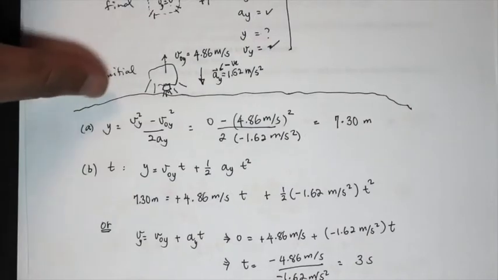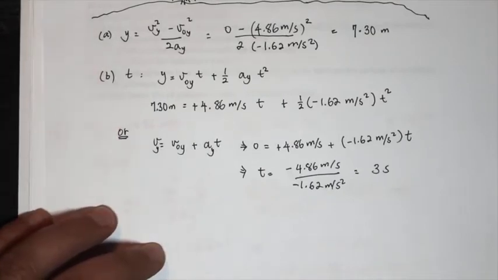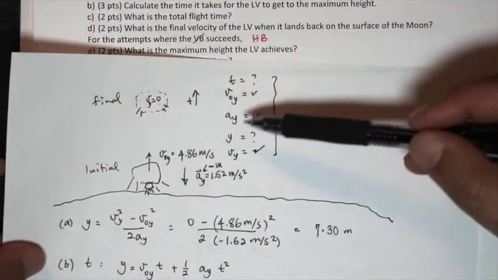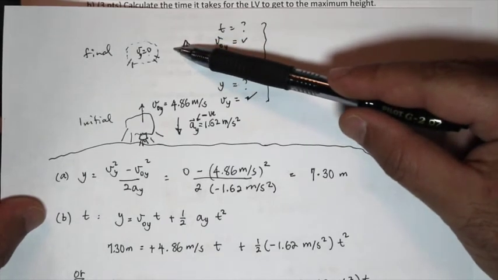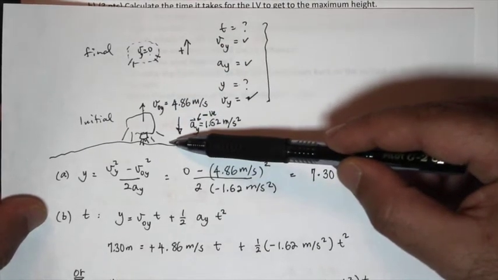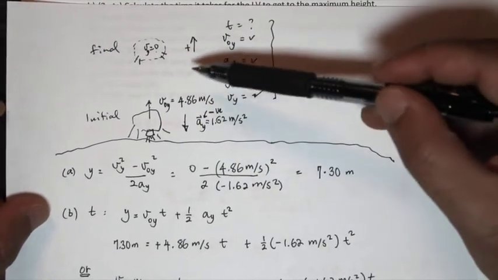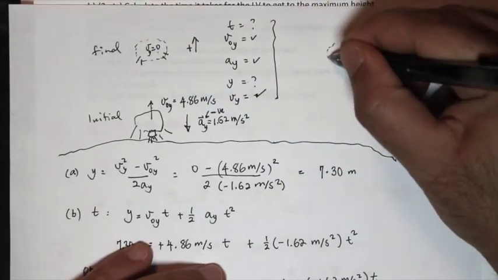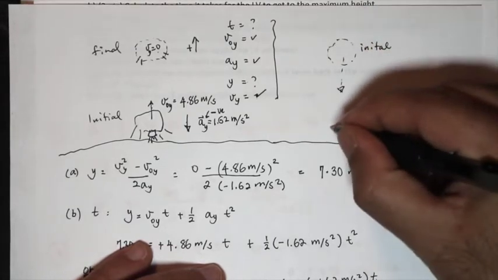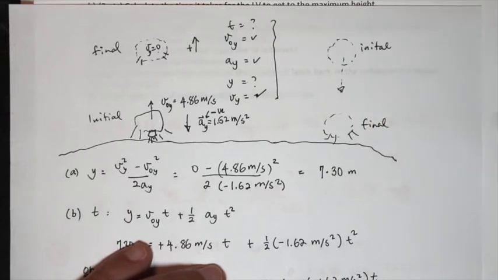So the total flight time, as we've seen from lectures, is a totally symmetric problem, right? Now, instead of the final being where it stops in midair, the initial is the surface of the moon, and the final is when it comes back to the surface of the moon. So I could solve that problem in two parts. I could solve the part that I already solved, which now I have all the information for, and then for the second part I could start from the initial being now in midair, and then I'm going back down,